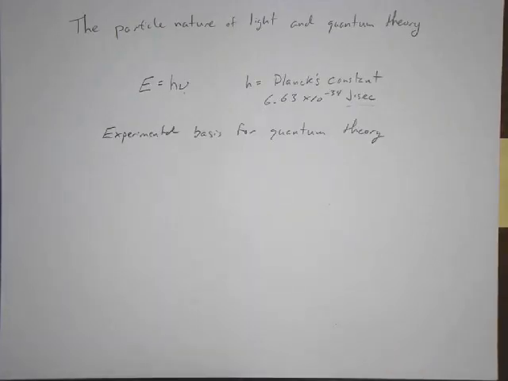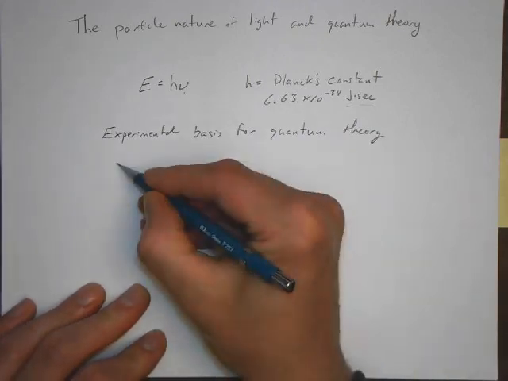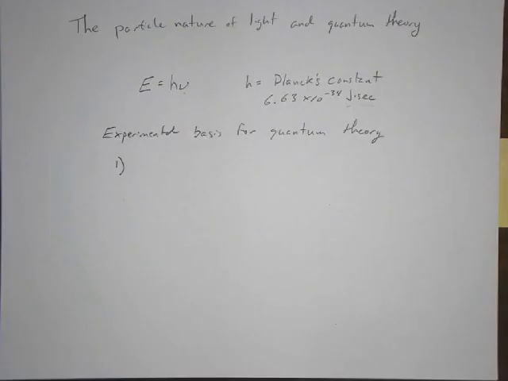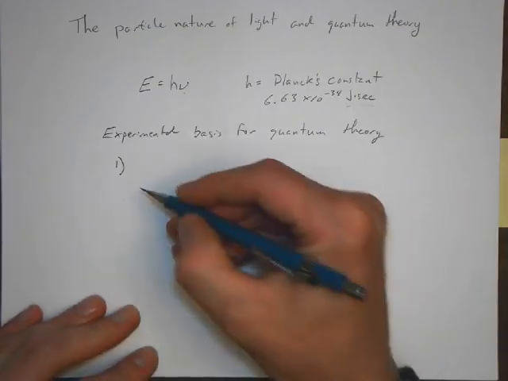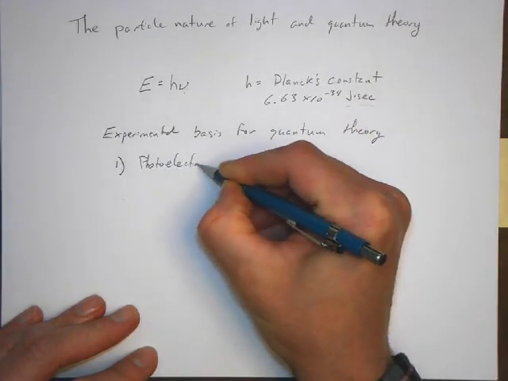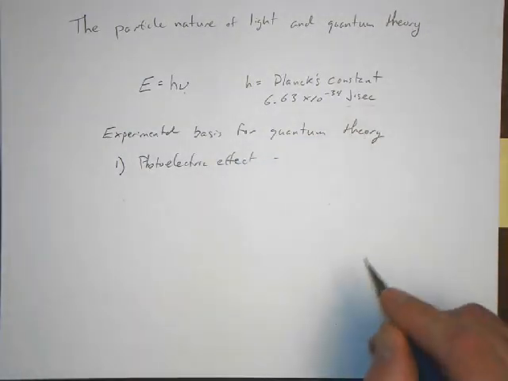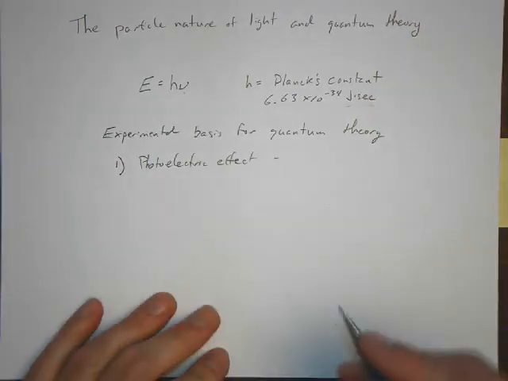This is a section of your text where I actually do encourage you to read sections 7.1 to 7.3 or so, and that will really help you. I often don't tell you to read the text really carefully, but in this case it may help, because I'm going to go over it relatively quickly. One piece of evidence for the quantized, or particle, nature of light is the photoelectric effect. This was postulated by Albert Einstein, and it is actually what he was awarded the Nobel Prize for.